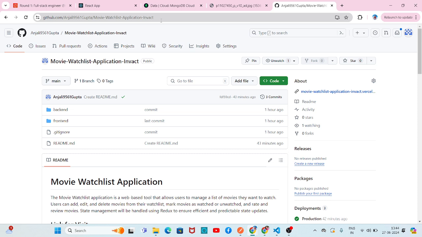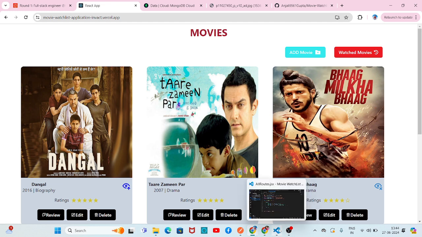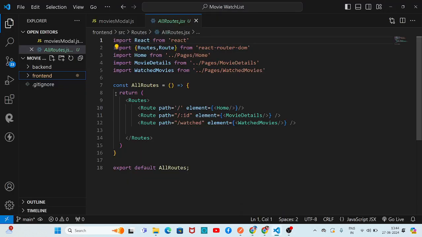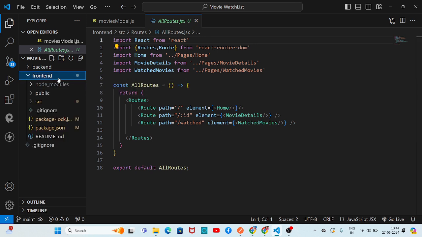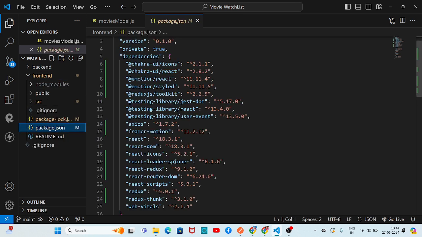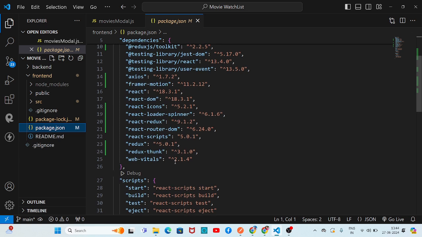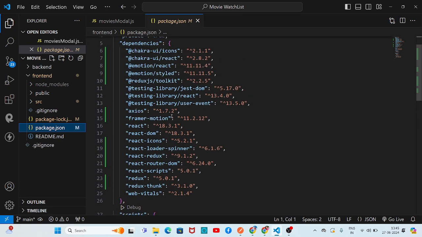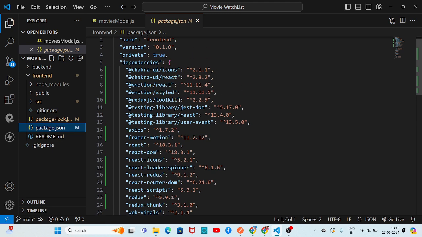Here I push all my code to this GitHub. So this is my GitHub account. Now let's come to the code, this is the code where I work on this project, and this is my front end. Here in package.json I use React loader spinner for the spinner and loader, and here I use Redux Thunk and Redux to transfer the files, and also I'm using Chakra UI